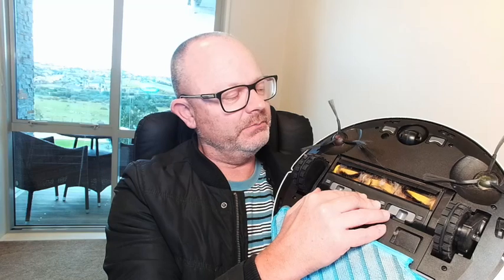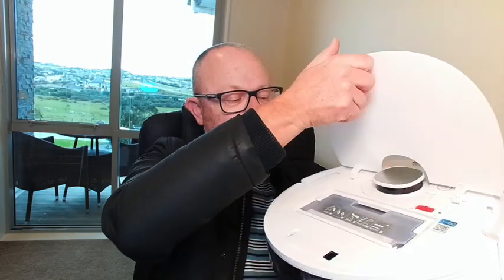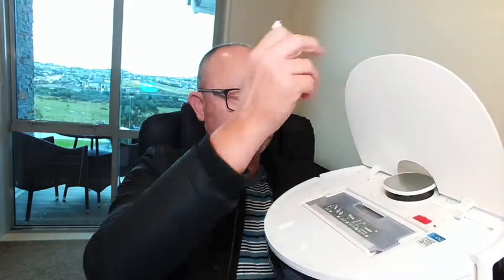But what is unavoidable for robot vacuums, or at least any of the ones I've tried, is the brush head. And as you can see there, I live in a house with people with hair, and that's what happens after a while. I mean, it happens with normal vacuum cleaners as well. But the difference with the Ecovacs D-Bots is that many of them, when you open up the lid here, that's the dustbin in there, that auto empties in the auto empty station, but they've also got this cool little tool. So it's got a little brush that you can brush dust and stuff away with, but it's also got this cool little blade on it here, and that is designed specifically, so